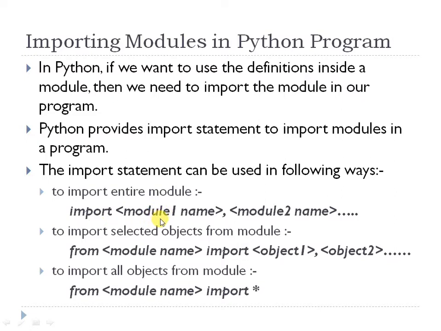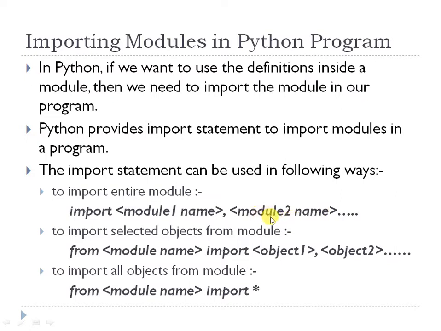These lines must be in the beginning of your program. Okay. When you start coding, you first have to import the modules that you want in your program. So these lines are at the beginning of your program code. So import module name. If there is only one module, so you just write import the name of the module. If you want to import more than one, then you can put comma amongst the name of the modules. How you will do it? Import first module name, comma second module name, and so on.